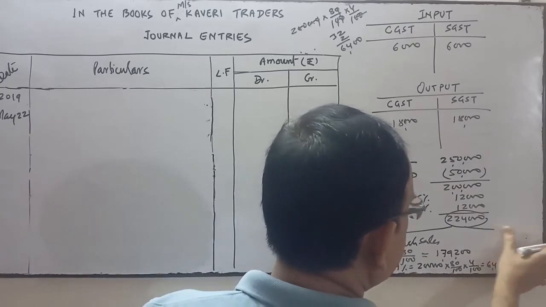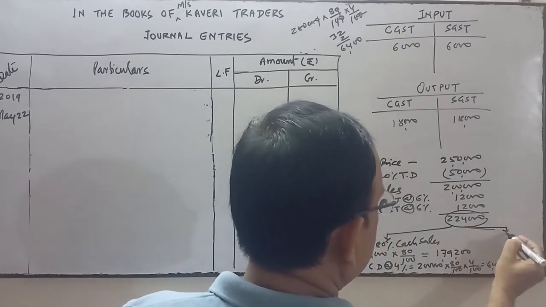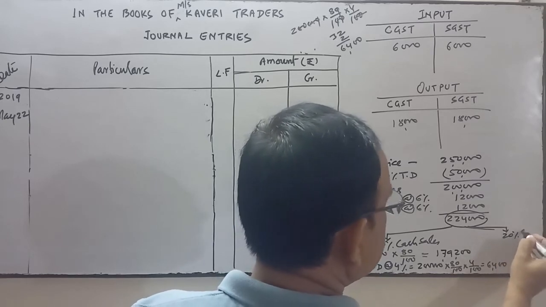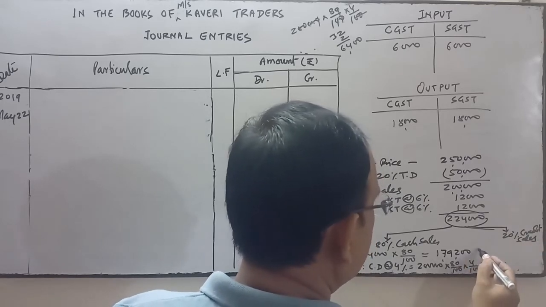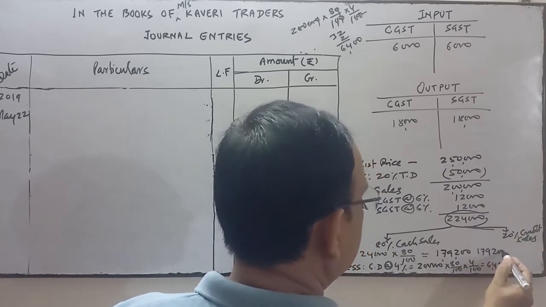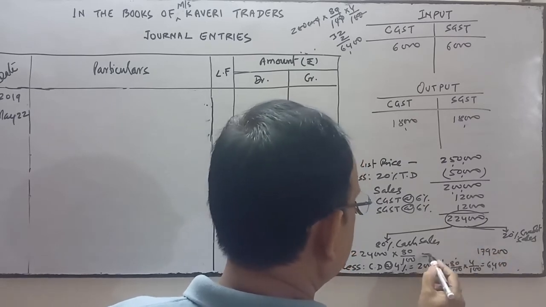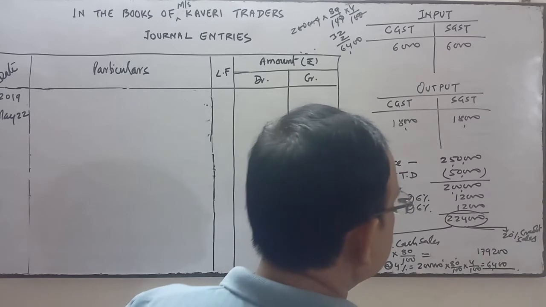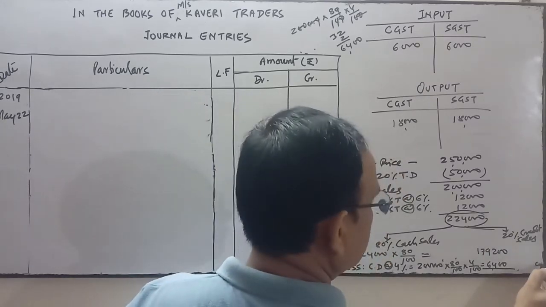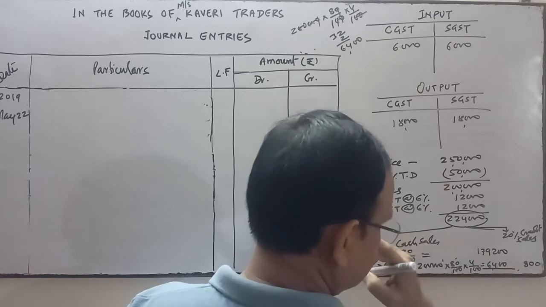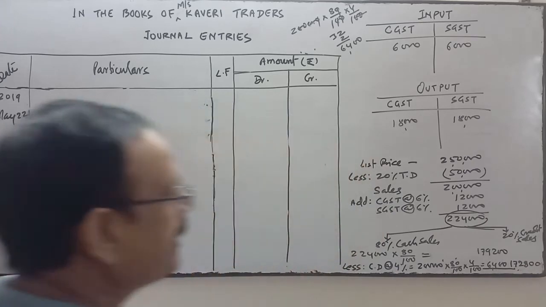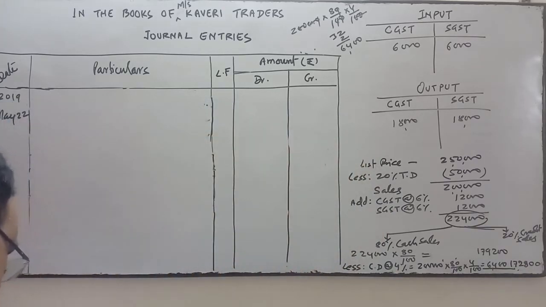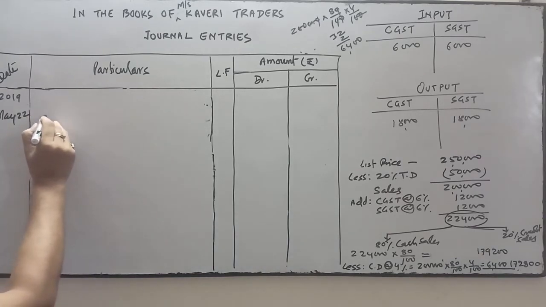From 1,79,200, which I have written here so that I can deduct it easily, the figure will be 1,72,800. This is the amount received from the credit sale of 20%. Now, goods were sold to Bangarappa.